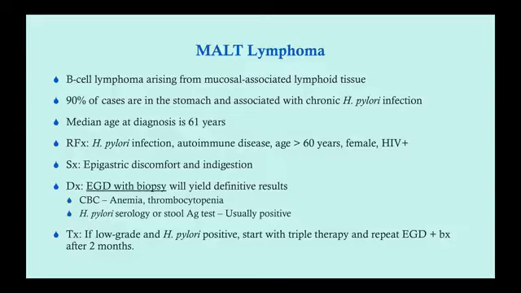Risk factors, obviously H. pylori infection, autoimmune disease, just simply because of the activation of the immune system in those B cells. Age over 60 years, female, and HIV positive. Remember, HIV is associated with a lot of different cancers and lymphomas. Symptoms include epigastric discomfort and indigestion, pretty nonspecific. So anytime you have a patient with protracted epigastric discomfort and indigestion that doesn't go away with your classic treatments like antacids and trying a gluten-free diet, you should get an EGD, get biopsies, and that's going to yield your